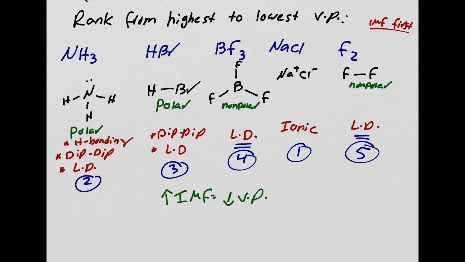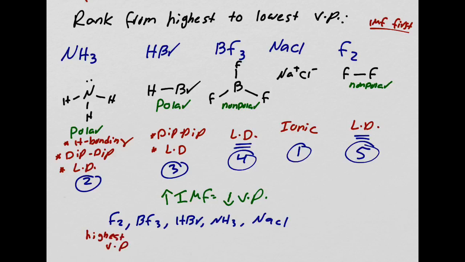So which one? I'm going to rank it from the highest. My highest vapor pressure is going to be F2. After that is going to be BF3 for vapor pressure, and then my HBr. Then it's going to be my NH3, and then my NaCl. So this is from the highest